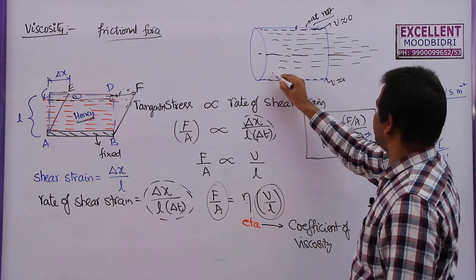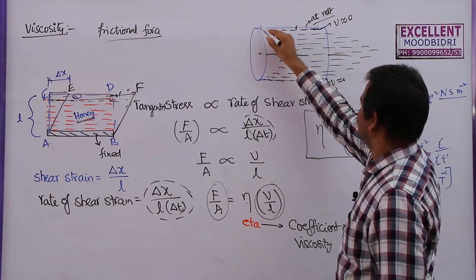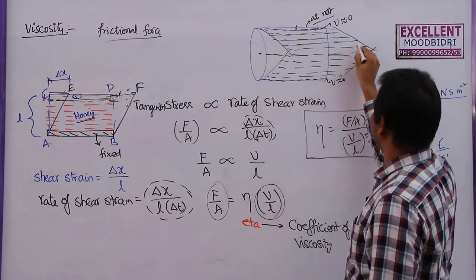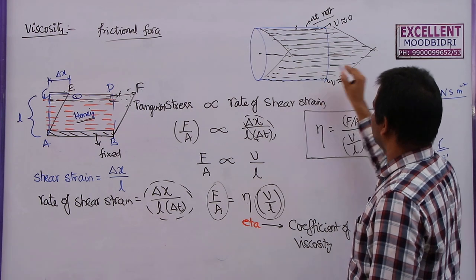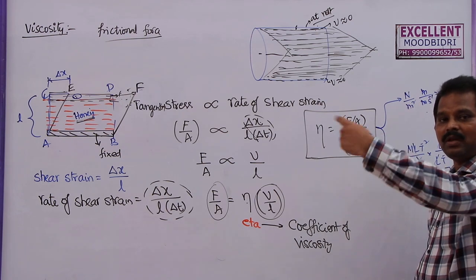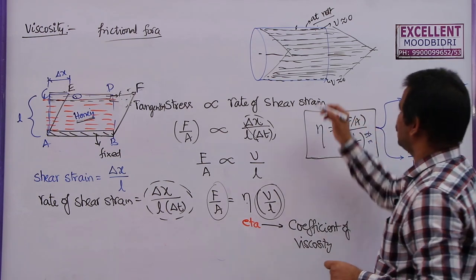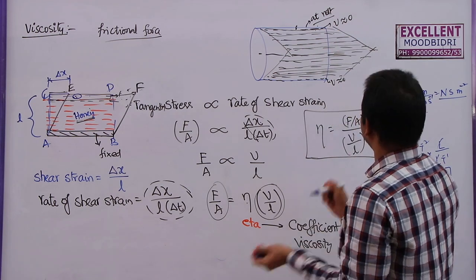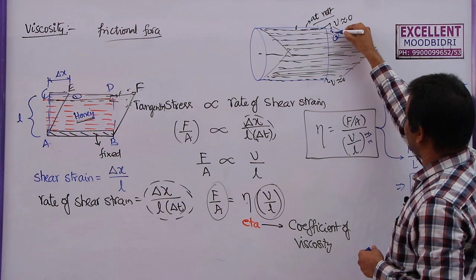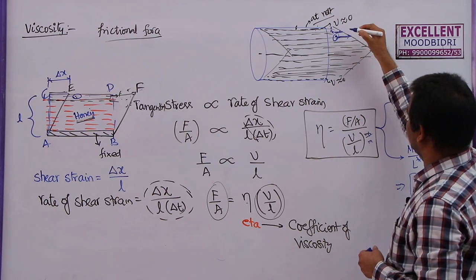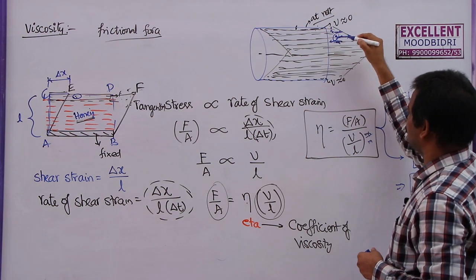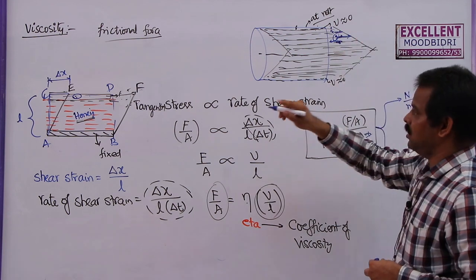So now the pattern of the liquid will be like this. These layers will travel in this direction. The liquid layers trying to move in the forward direction will be opposed by the liquid layers relative to them. Suppose you take this layer, let me take 1, 2, 3. In the third layer, the upper surface will try to move it in the forward direction, while the lower layer, the fourth one, will try to drag it in the opposite direction. So this dragging force between these two is called viscous force.